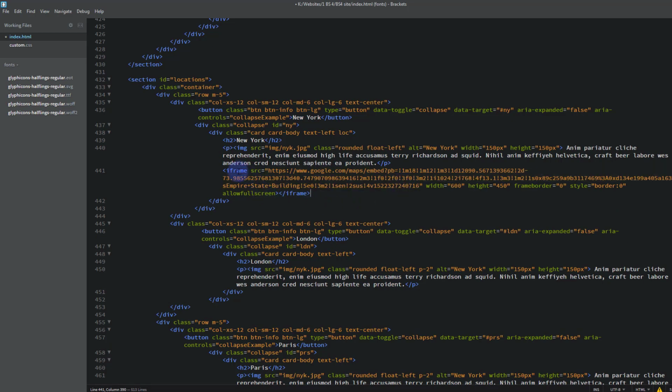Now the only thing I want to change here is the width. Instead of 600, I want it to be 100%, so it'll be 100% of the div that it's located inside of. And the height's 450. That may be more than I want. Let's change that to 300. Well, let's just take a look at that first and see what it's going to do. So let's save, Control S,